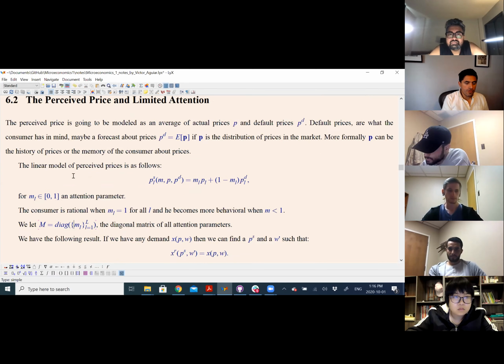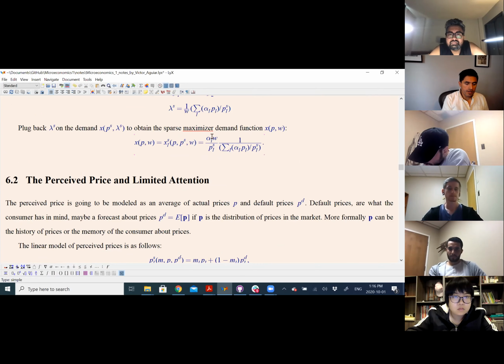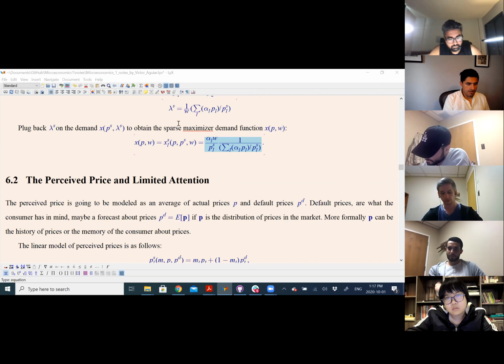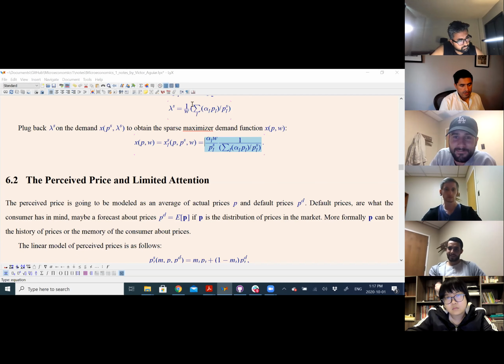Now, another thing I want you to notice before going to the result is that we should count parameters in the Cobb-Douglas. Say you have two goods. How many parameters do I have in the rational Cobb-Douglas? 2: alpha 1, alpha 2. That's it. And now, how many parameters do I get in the Cobb-Douglas with the Gavex model? So can Zach, for instance, tell me? No, sorry, I don't know that. No, just focus on the screen.